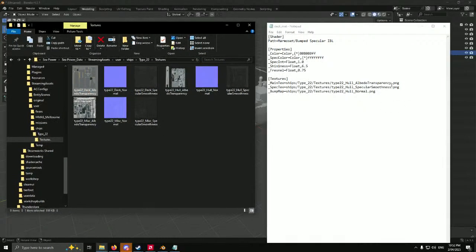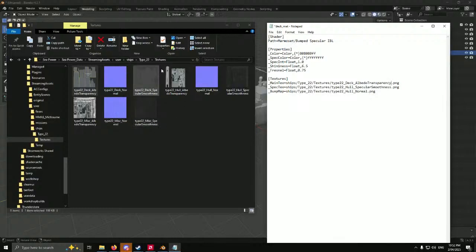And when you do it, it should look more or less like this, with all your location pathing set correctly. So for me, all my textures are currently sitting in this folder. The pathing is ships, Type 22, textures, and then we have it all here. So I put the albedo, or the base color map, or however you want to say it, in there first. I have a normal map,